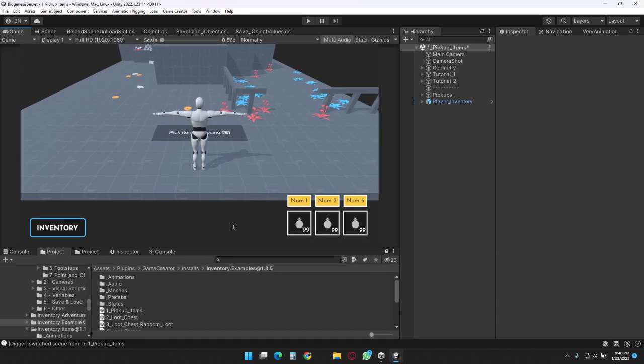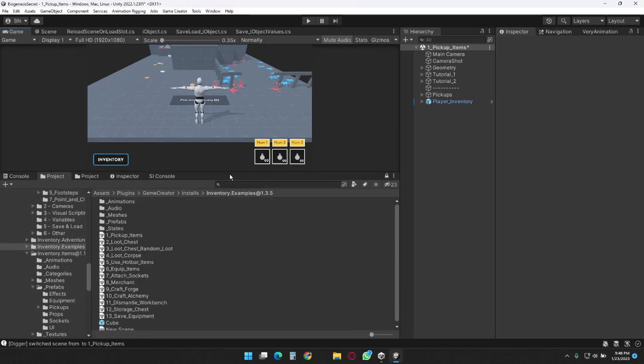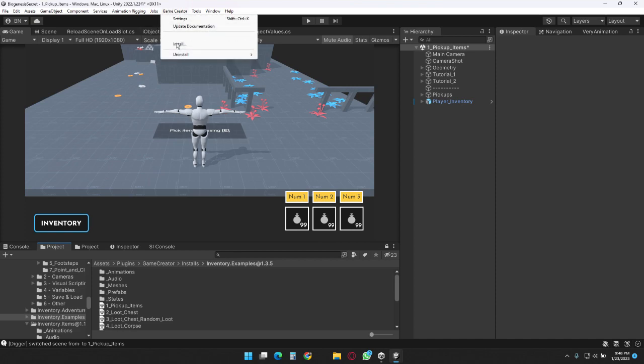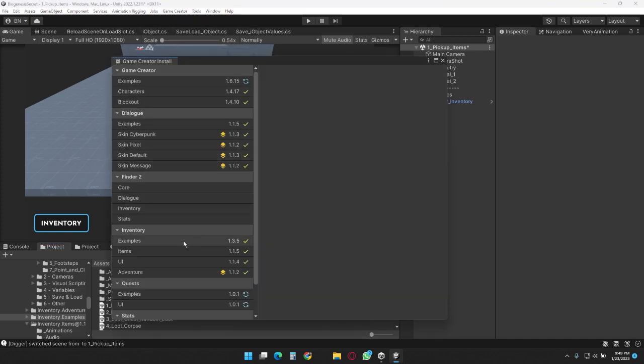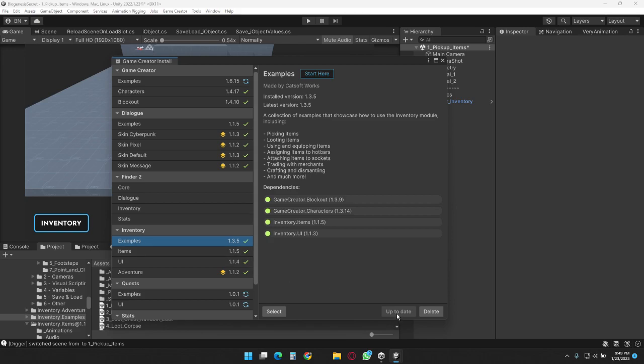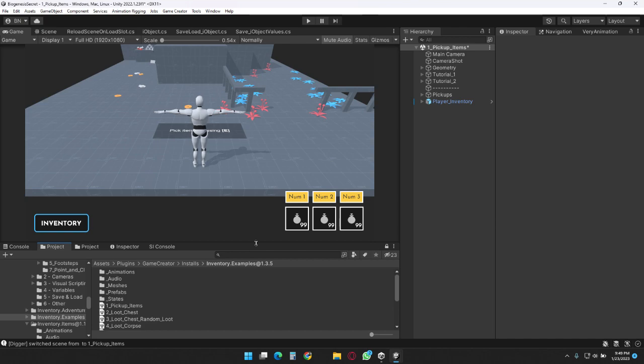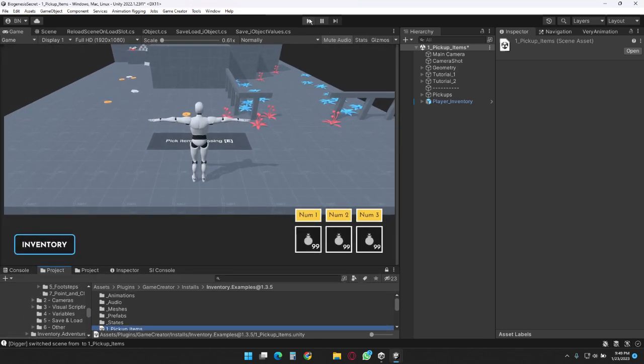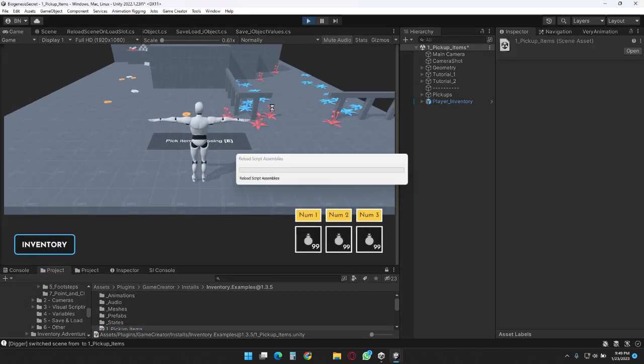Now I have here a scene, an example scene from Game Creator, which is the one with the inventory. If you don't know where those are, they are in Assets, Plugins, Game Creator, Install, and then you have Inventory Example. If you don't have this, you should go in Game Creator and install the examples over here. So you press here and you install them if you don't have them already installed. I use this one, Pick Up Items, this scene over here, which actually works like this. You go, you pick up stuff,